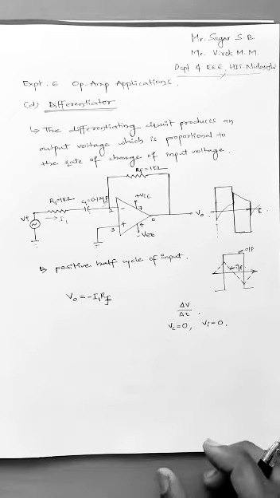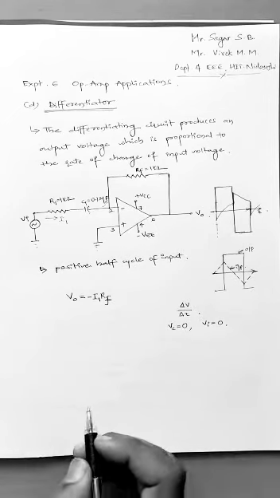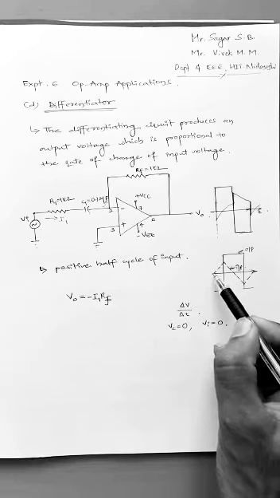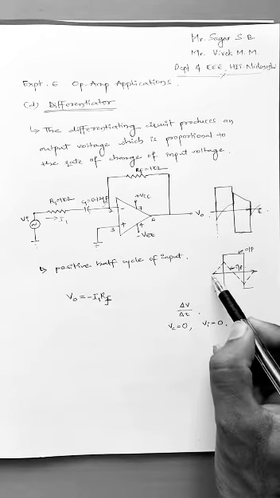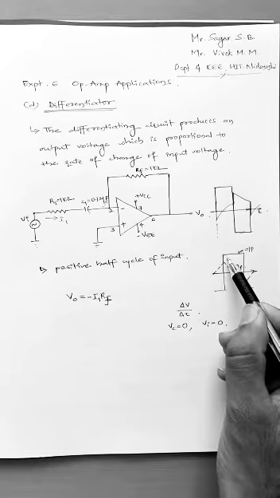Okay, we are considering R1 as an ideal resistance. Now when the input increases from 0 to Vp in this waveform I am showing you,